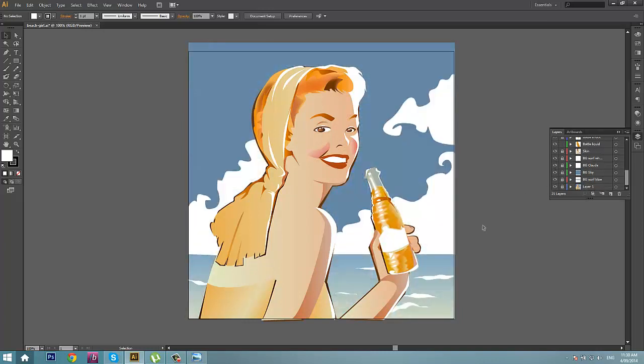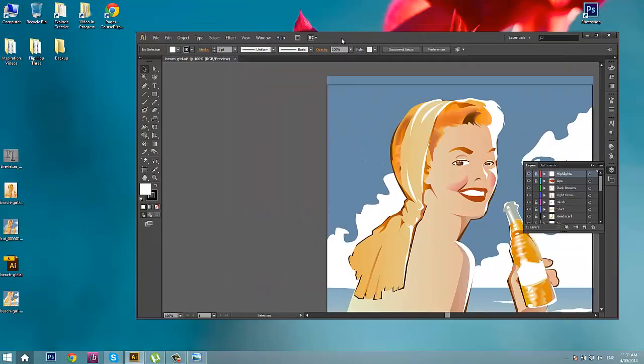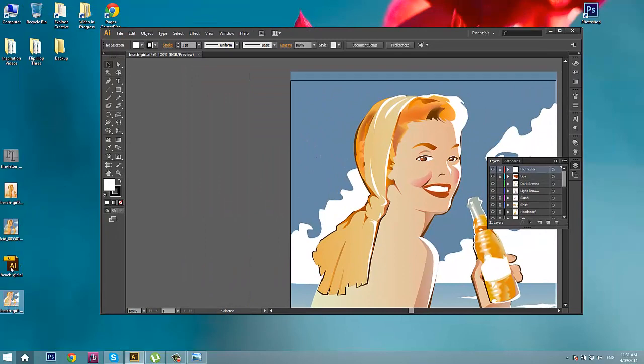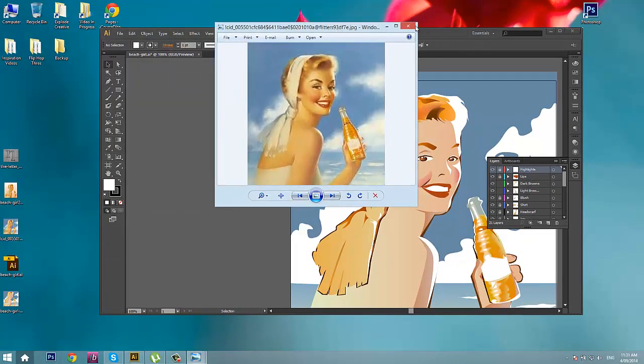and the clouds and the sea. So that's all I'm doing. I'm just working in layers and building them up from the top. So if we went from scratch, let's bring in the original beach girl image